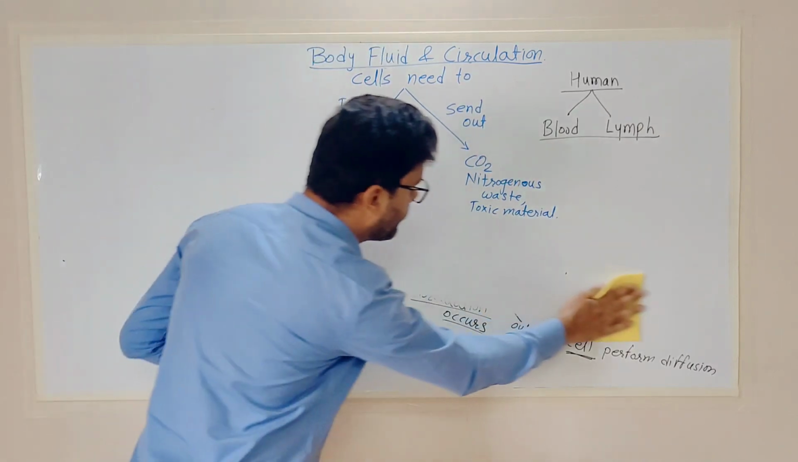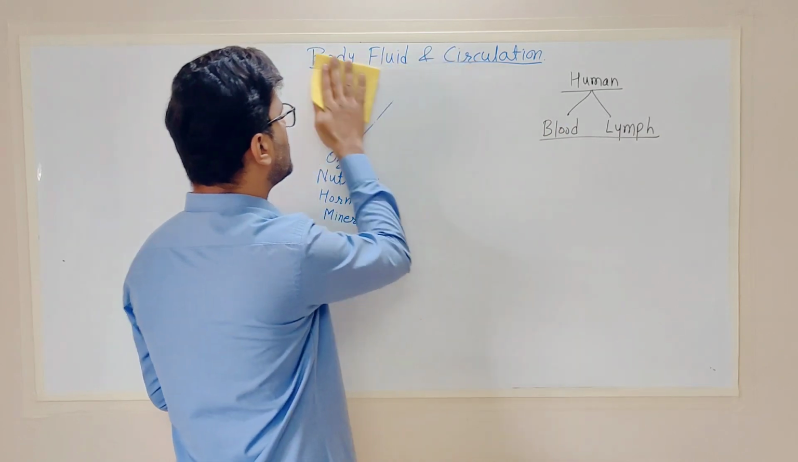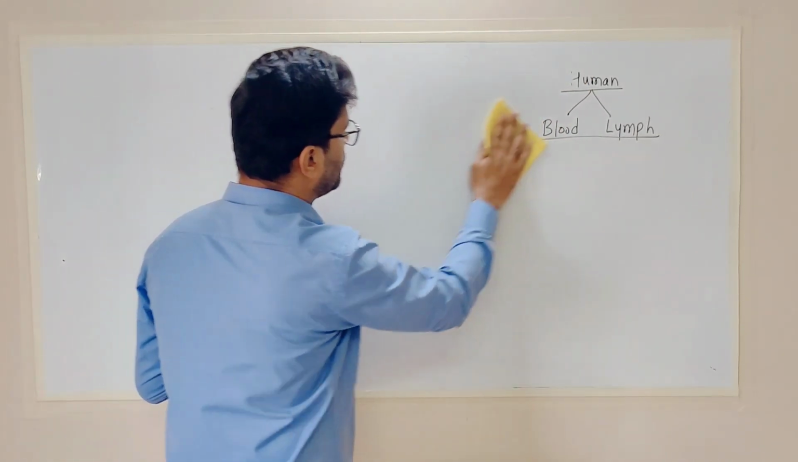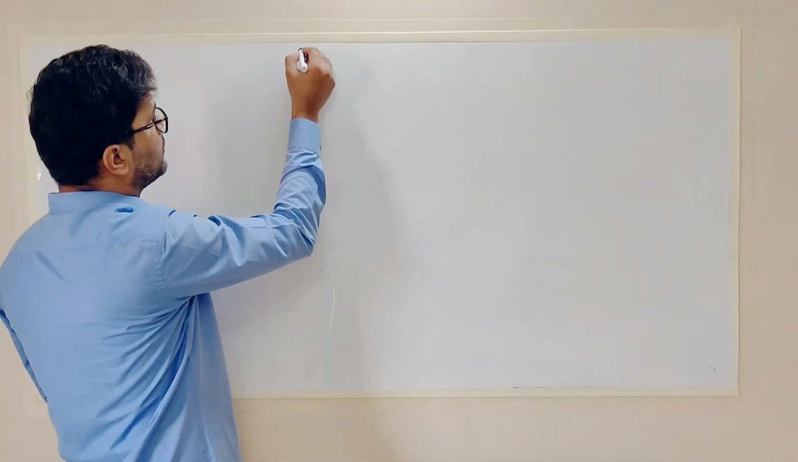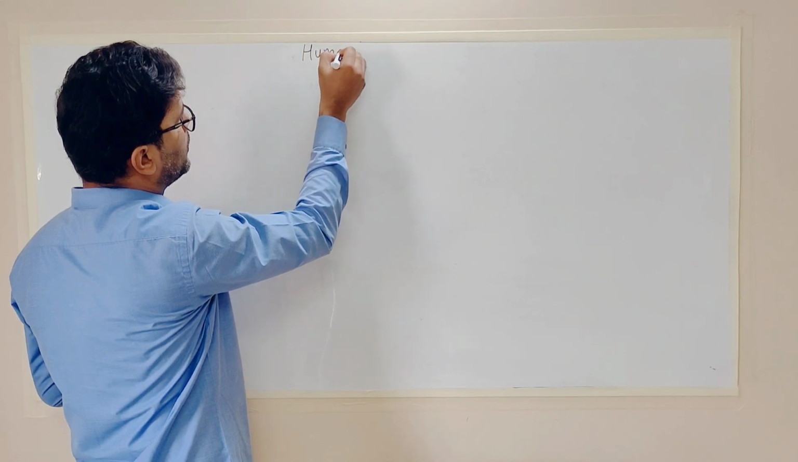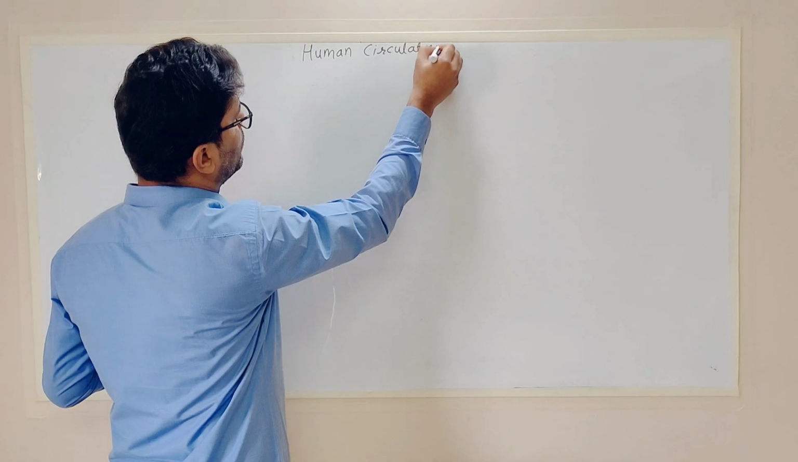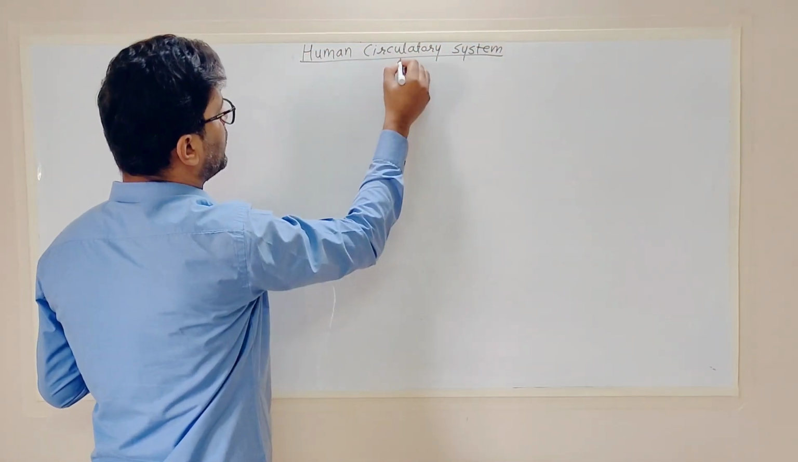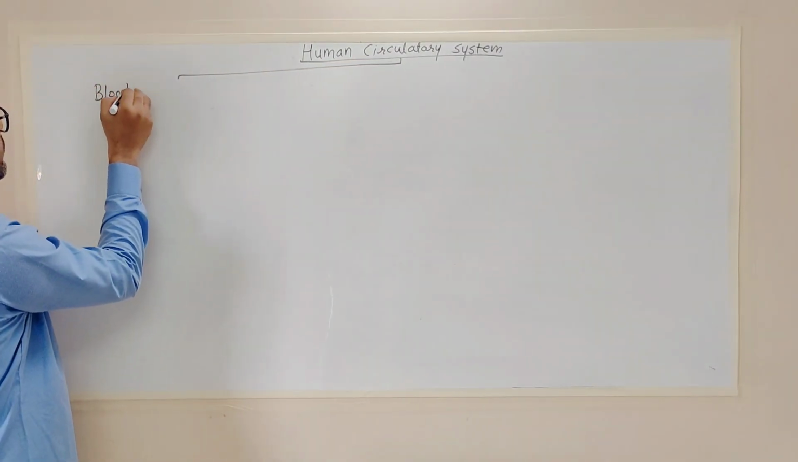Two types of body fluid, and these two types of body fluid circulate in different systems. Those systems are involved in the human circulatory system. Clear? One is the blood circulatory system,